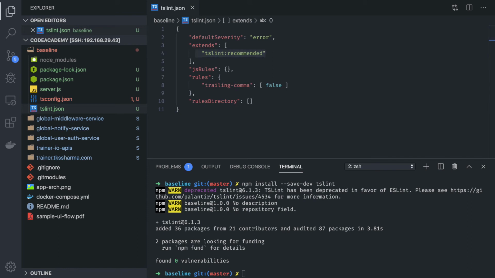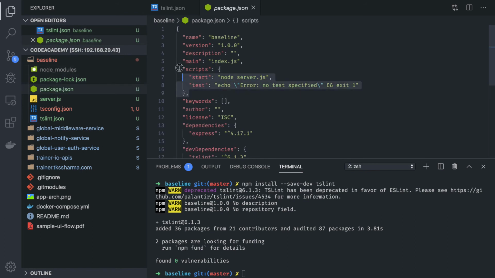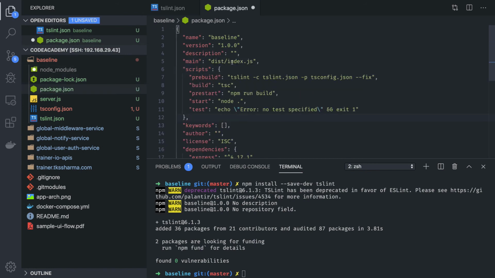And I will update my scripts in my package.json. This is my main index.js, and I will be writing the server.ts file. npm run build will help me to build the code using the TypeScript compiler, and before building the code, we will be linting our code and fixing it.